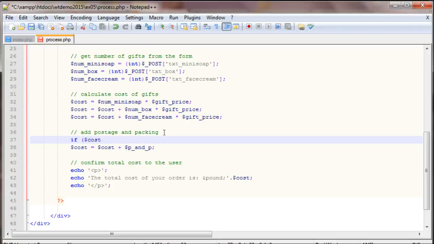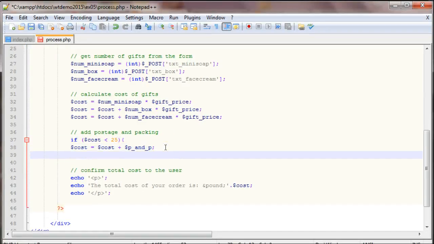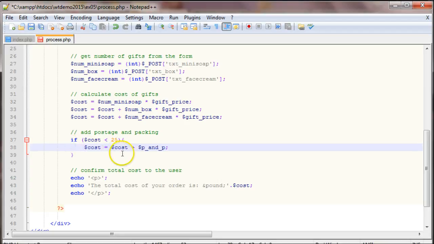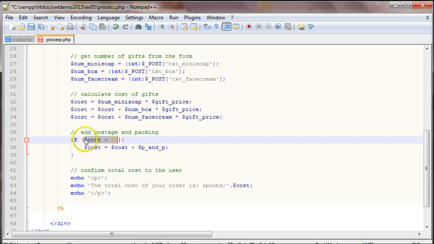dollar cost is less than 25, then I am going to here add postage and package. So this is the if statement: it starts with the word if, and the condition or the test is inside these round brackets here. If this evaluates to true, in other words, if the cost that we've calculated up here is less than 25, then I execute the